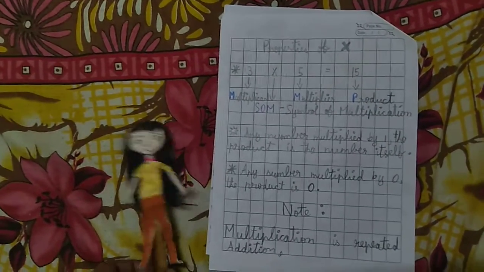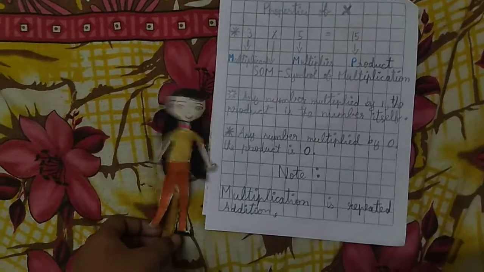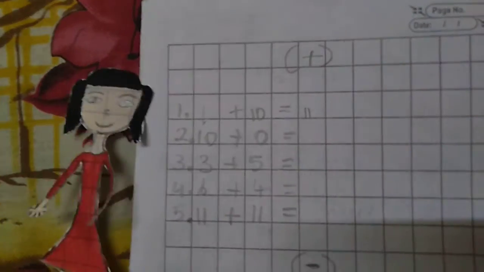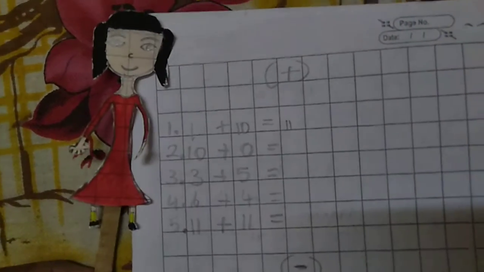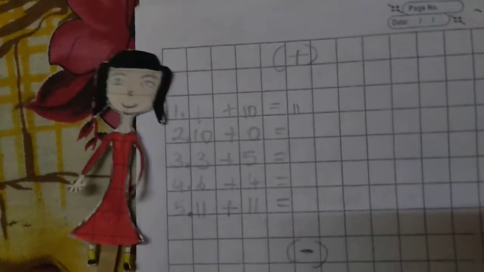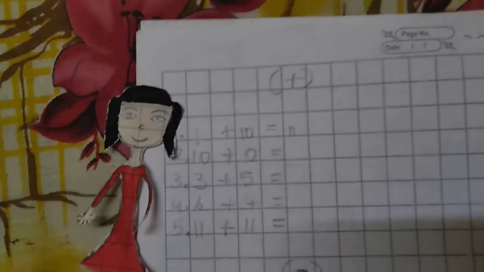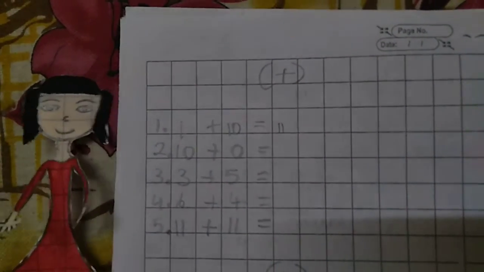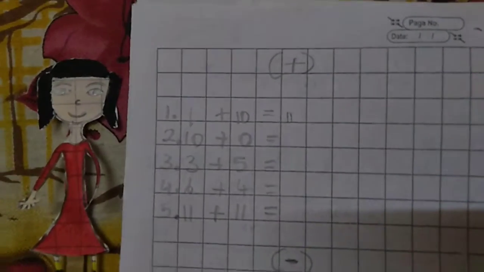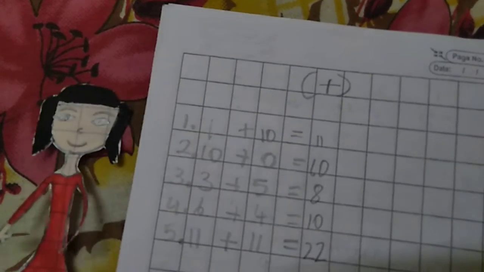So, Priya is ready with the questions. Shall we answer them, children? Hello friends, I made the questions. I have given the answer for the first one. You are going to do the other four questions. Pause the video, friends, and do the rough. Be ready with the answers. I will dictate the answers after you finish your questions.